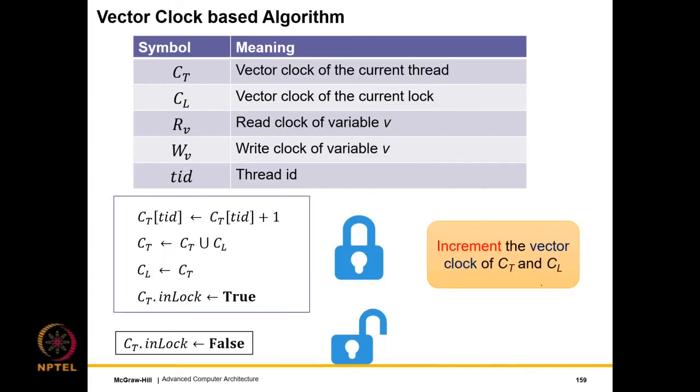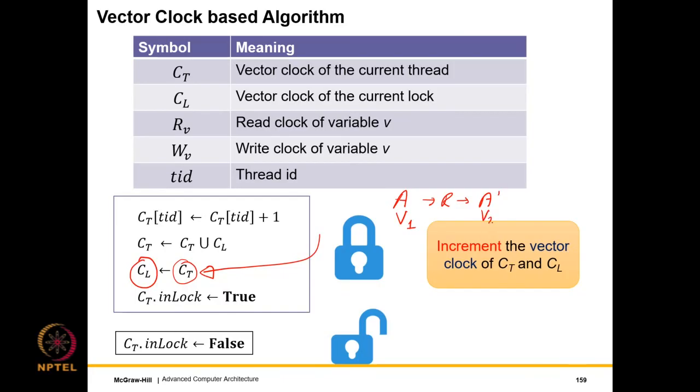I'm just erasing the ink on the slide. You can clearly see why we are timestamping the lock here with the timestamp of the thread. The reason is that we are basically telling the lock, and essentially telling the world, that a certain thread acquired the lock at this point of time, and at that point of time this was the value of the vector clock, so that later on, if let's say there is a lock acquire, a lock release, and then a second lock acquire, then the second lock acquire's vector clock will be strictly greater than the first vector clock.